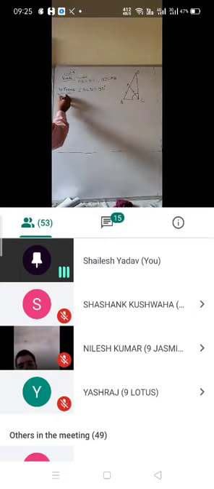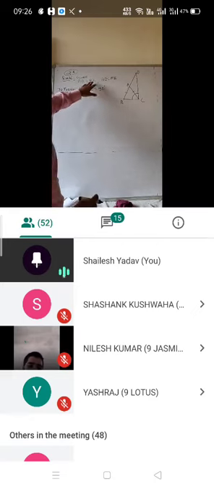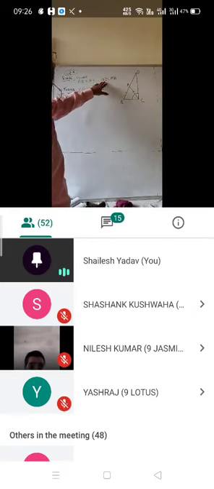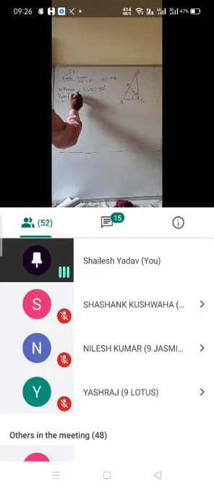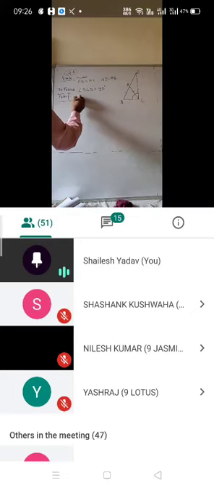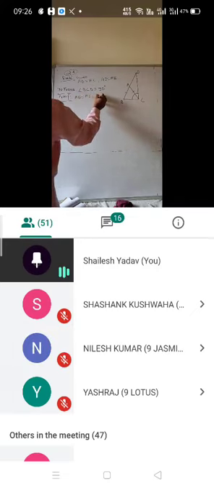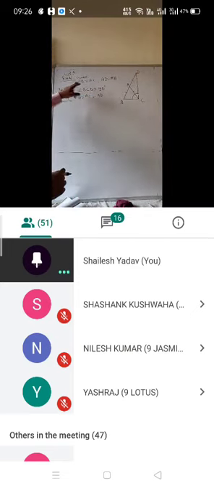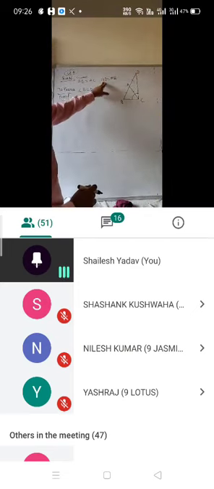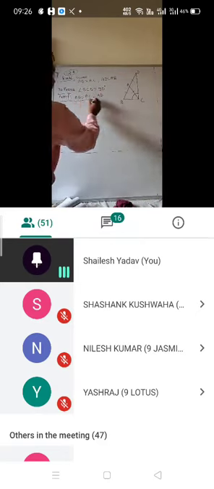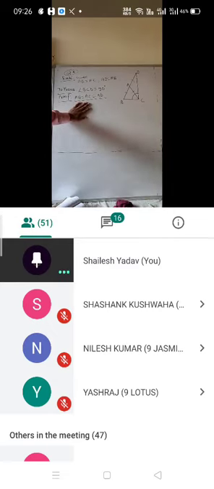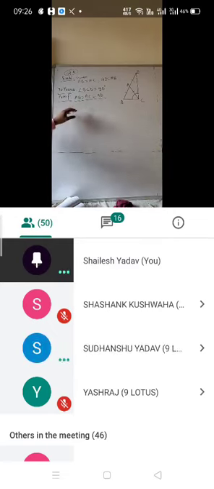If you are going to give the proof, here it is given that AB and AC are equal as well as AB and AD are equal. So AB equals AC and AB is also equal to AD. What does this mean? From these two, you can write AB equals AC equals AD. All these three will be equal to each other. So from the given statement, I got that all these three are equal.